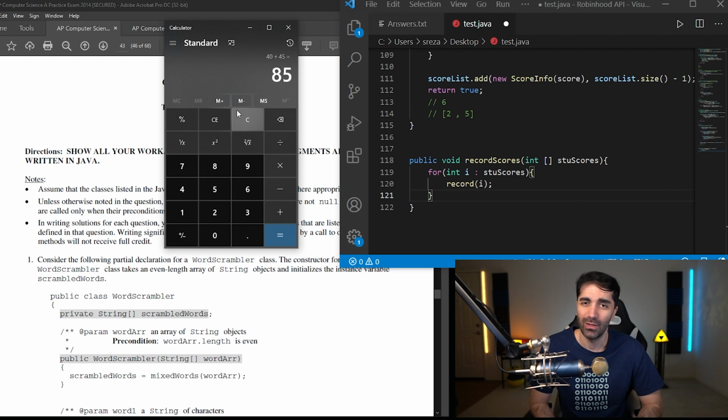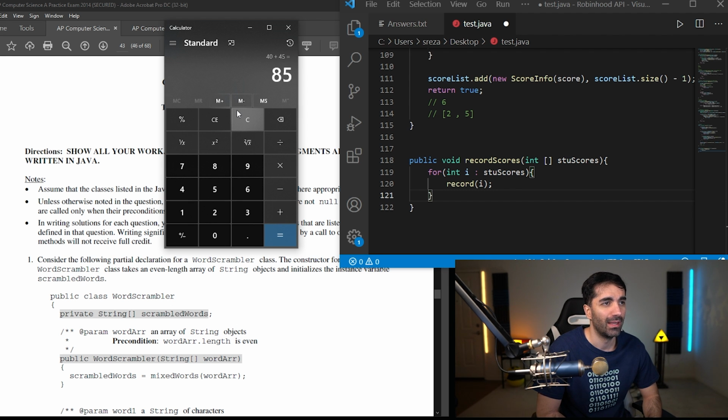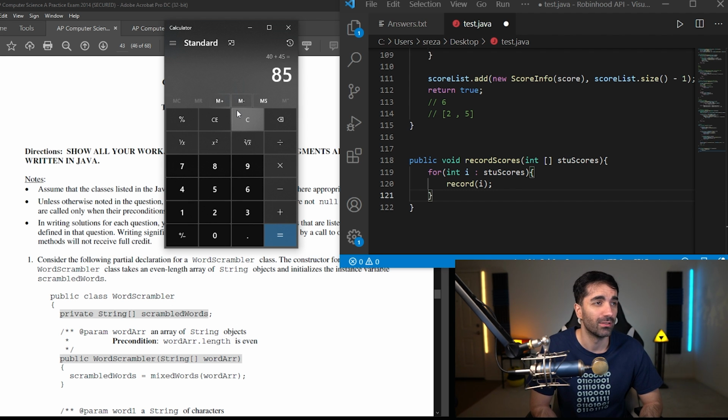Again, on the multiple choice stuff, I felt like I could have done better. If I did it again for the real exam, I kind of know what to expect now. And we finished pretty strong with the coding part, so I'm happy about that. But overall, this was just for fun. If you guys are still watching, that's very impressive. Thanks so much for watching, and I'll see you guys in the next one.